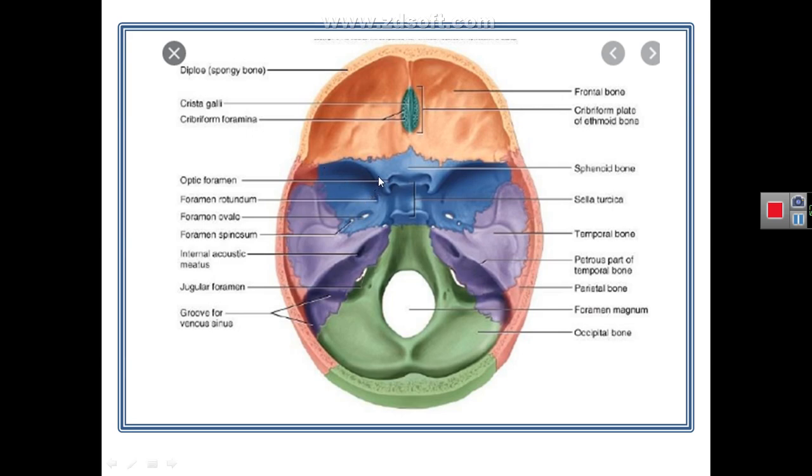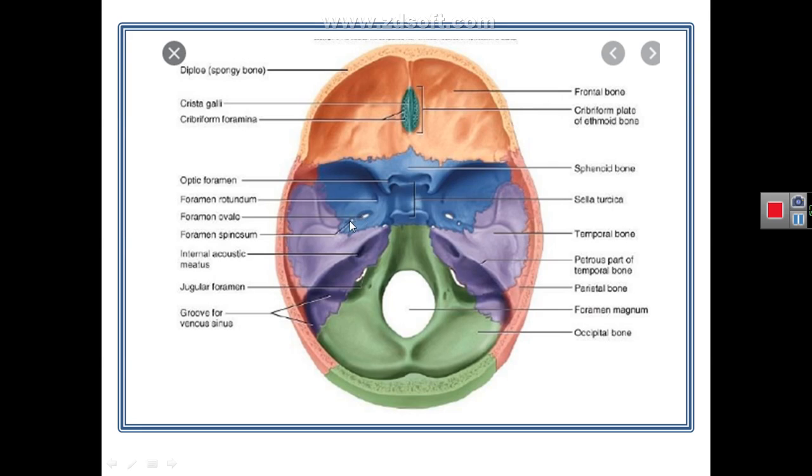And behind the posterior end, the medial end of the superior orbital fissure, is a small foramen which is called foramen rotundum. This foramen connects the middle cranial fossa with the pterygopalatine fossa, and it is for entry of the maxillary branch of the trigeminal nerve. Posterolateral to the foramen rotundum is another foramen, which is foramen ovale, and posterolateral to foramen